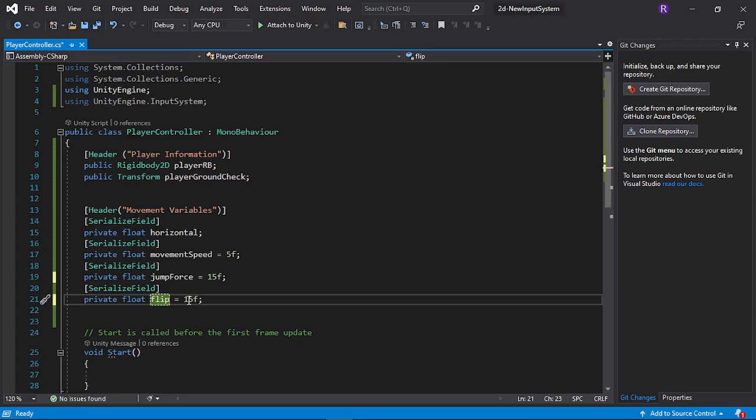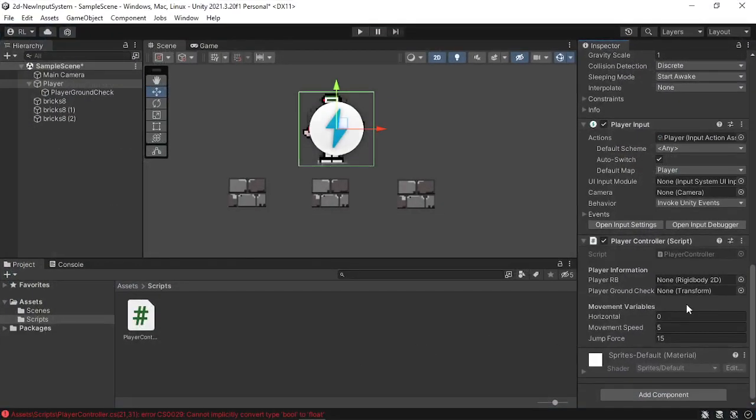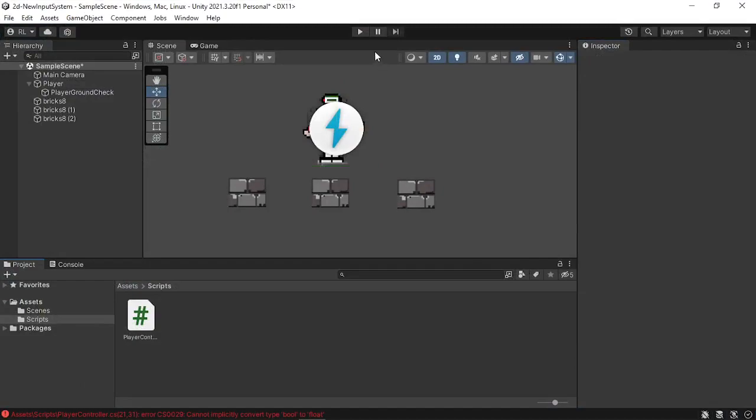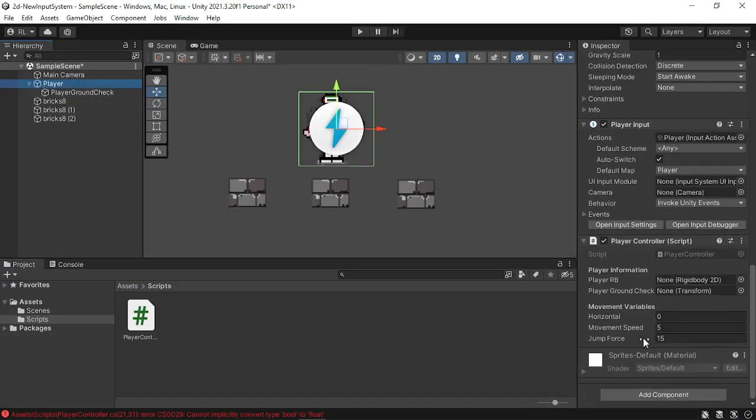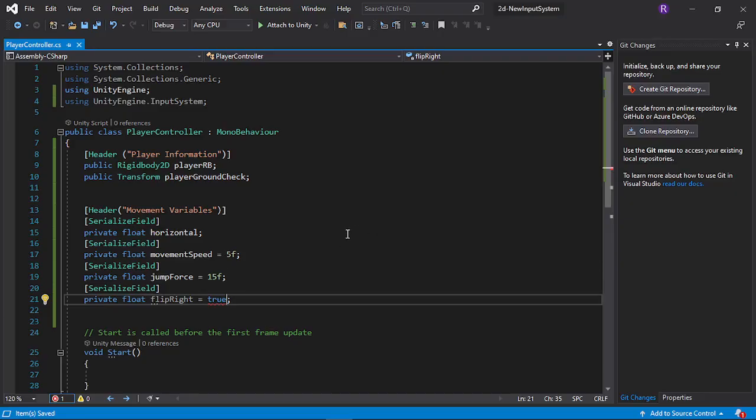flip, or flip right. And that should be also appearing in our... that didn't seem to appear. I think that should not be float, that should be bool. Okay,